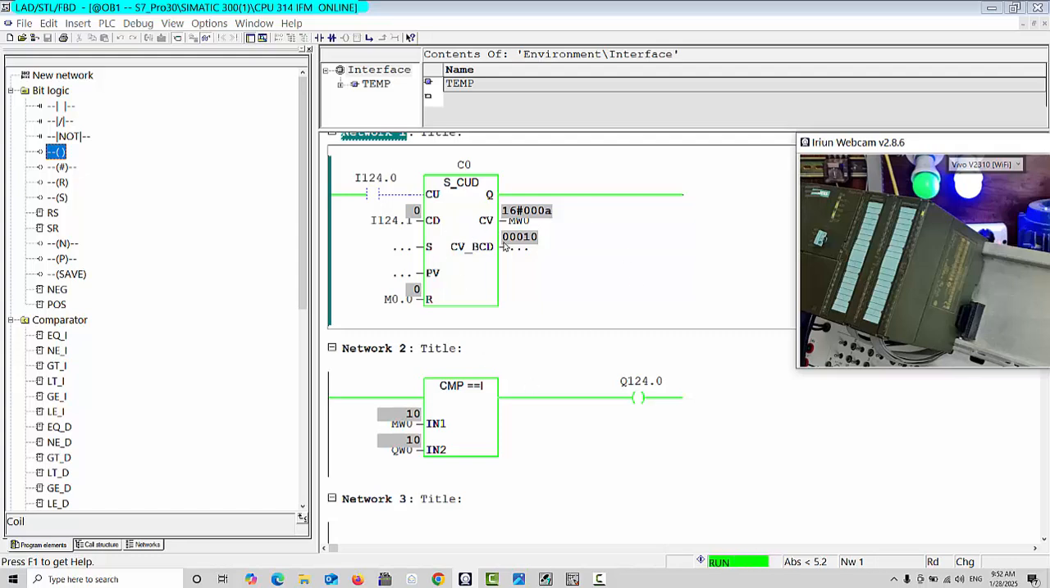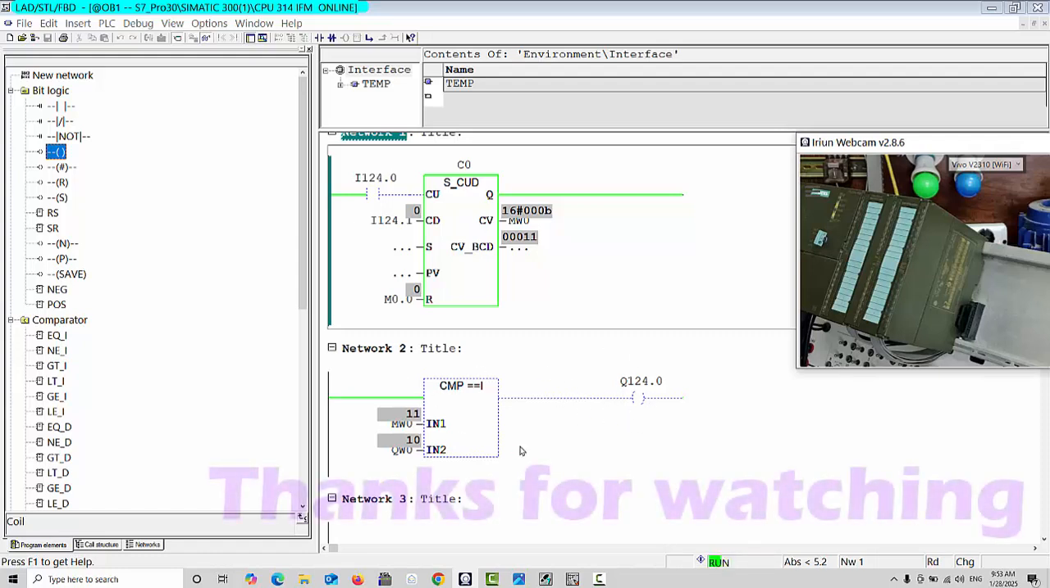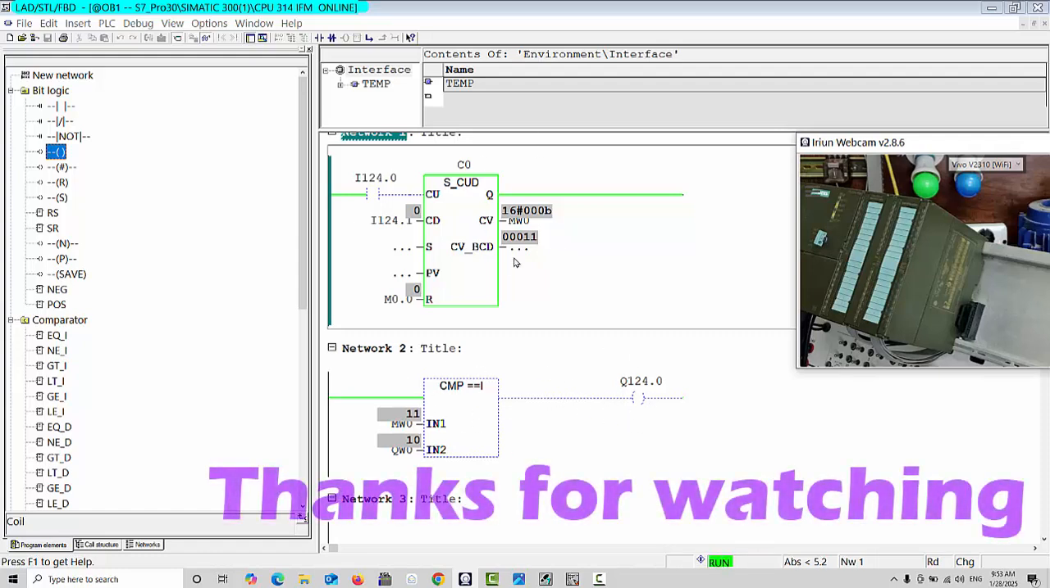And maybe this value keeps coming, but this compare instruction will work according to the value 10. When I give one more signal, you can see here the value is 11, but our output is off. So this way we can use the compare instruction in Siemens PLC S7-300